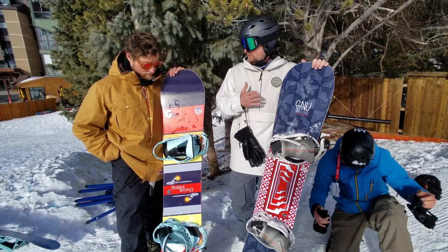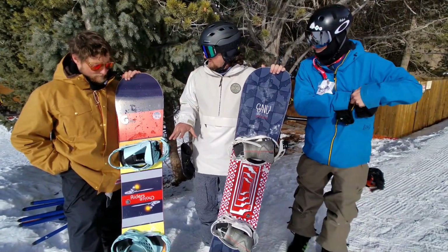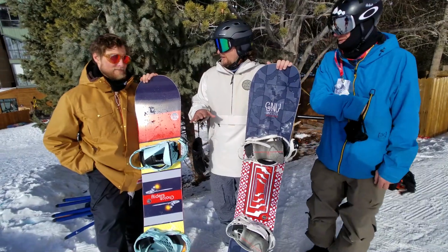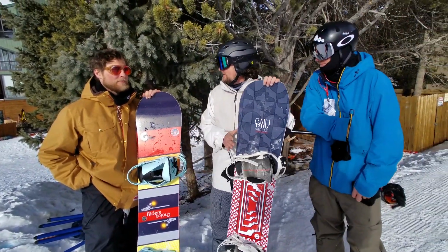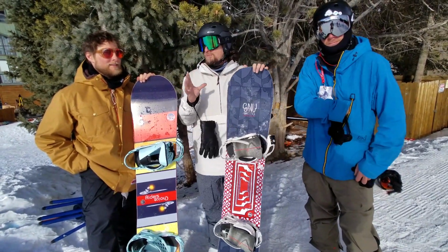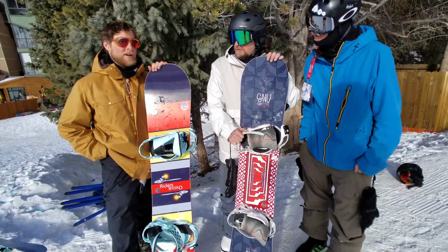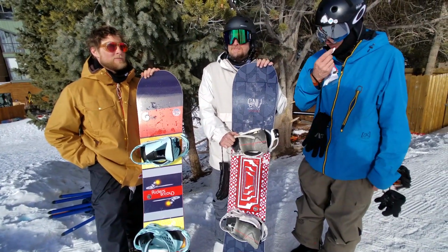The way they turned was probably the only real difference. I just felt this was a little more turny, didn't you? I felt it was a little quicker turn initiation. It felt like you could get a touch more surfy on this. They're both so similar, but this just felt a touch more. I would definitely say this has a little more turn initiation, a little quicker edge to edge, and felt a little more